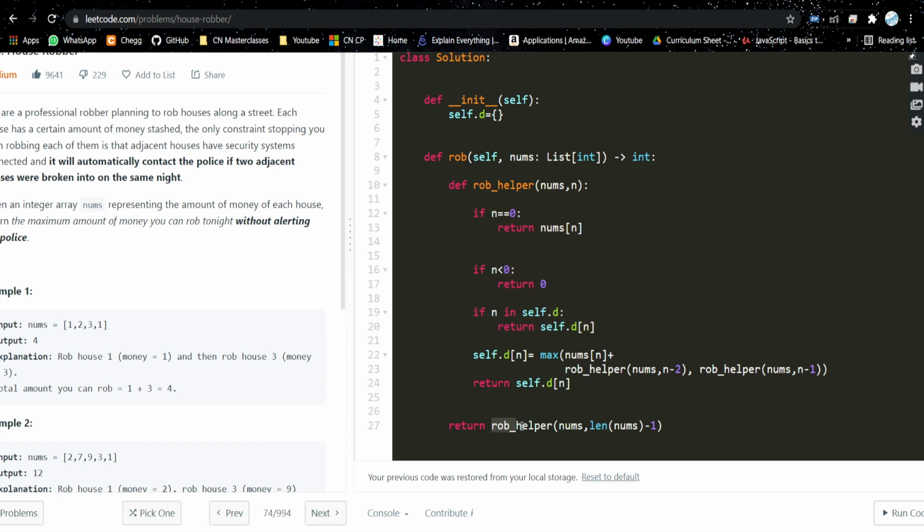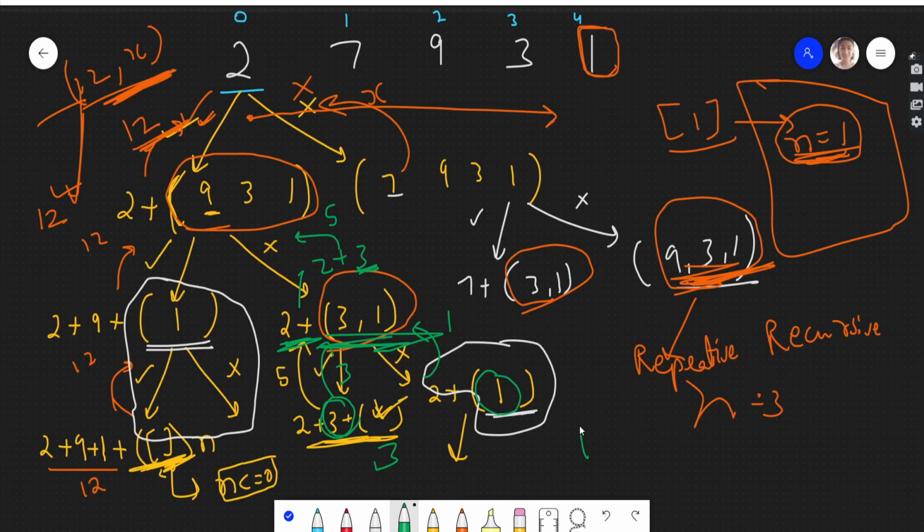So we will be making a helper function with the nums array and the size of the nums array. In this code I have started by considering from the back. It's your choice, you can start from the beginning. If you start from the beginning, then the base case will be when n reaches the end index. Otherwise, if you start from the end, the base case will be when you reach the 0th index.